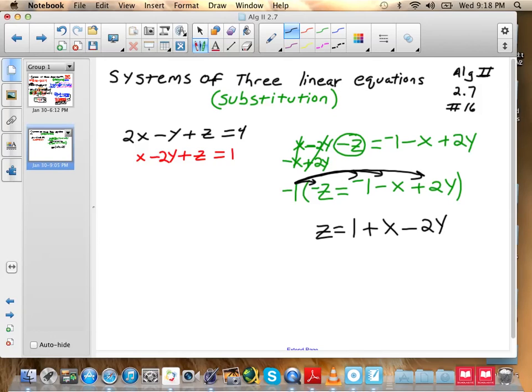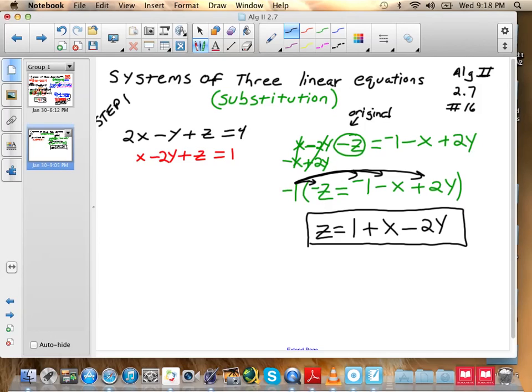So in step 1, which is what this is, I've taken one of the original 3 equations. Remember, this was an original equation right here. This is my original equation, and I have solved for z. I said now that z equals something, so I've created a value for z. Okay, so that will complete step 1, and it completes the first video in this segment